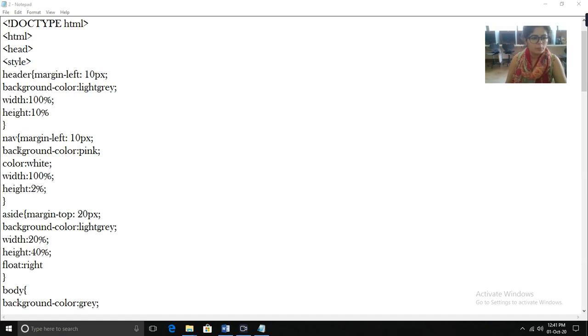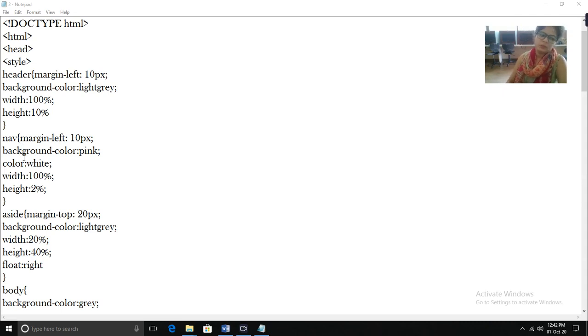Now what type of designing we want to provide in navigational is, first of all, margin left is equals to 10 pixel. Margin left is equals to 10 pixel means it will provide 10 pixels margin to the left side.